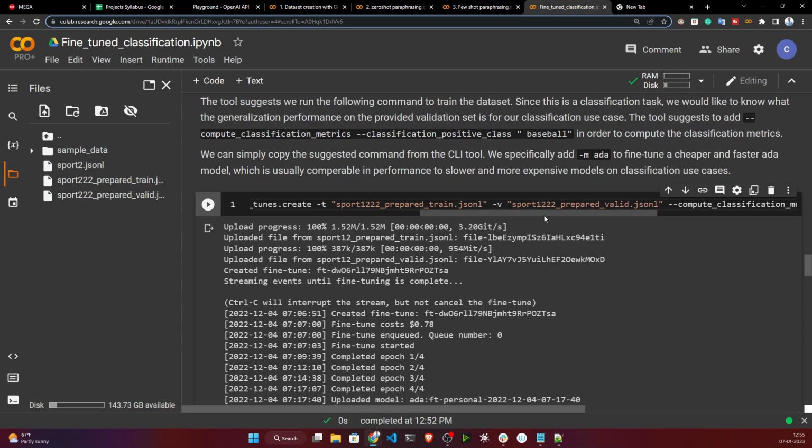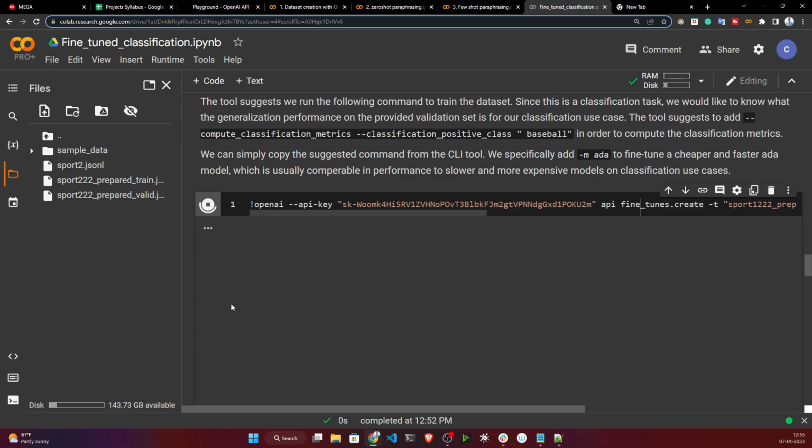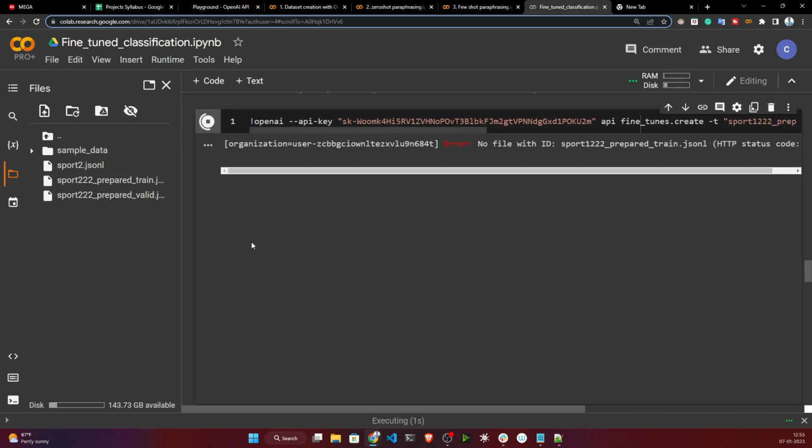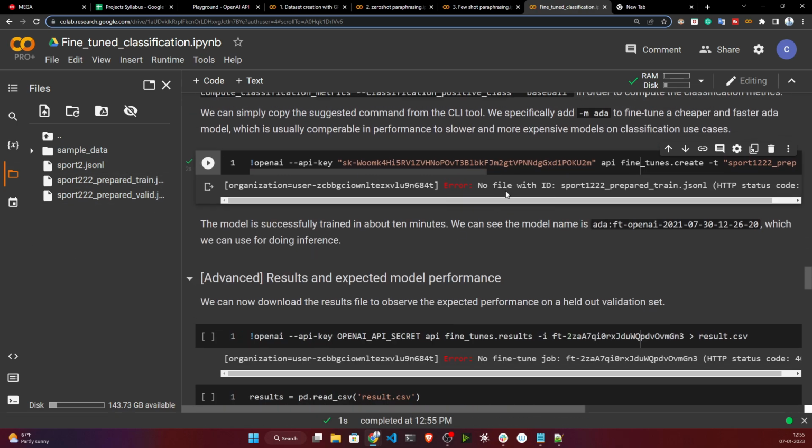This is your validation. Computation and metrics, everything you're providing, and at the last you're selecting the ADA model. Epochs are not required, so it will automatically observe whenever your loss is not decreasing or accuracy is not increasing, and it will stop the execution. Now everything is prepared. Now just click on this, so it will take the data and start training your, okay, it's telling,